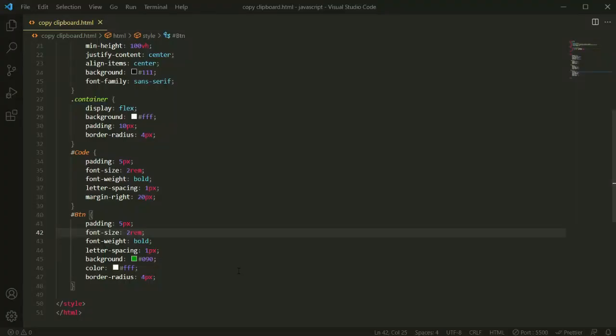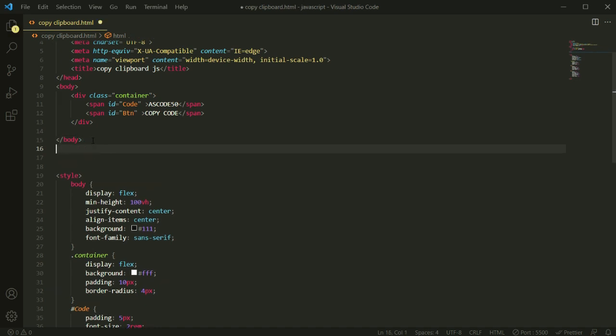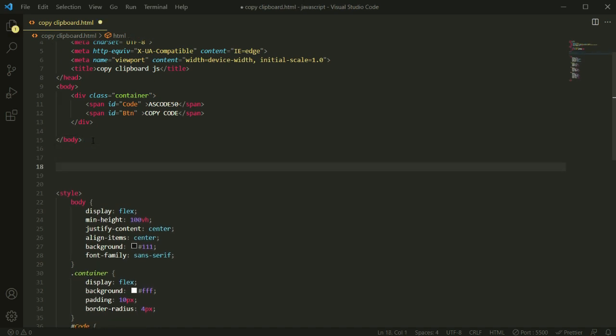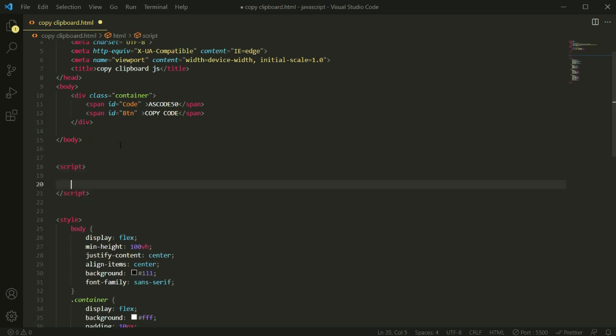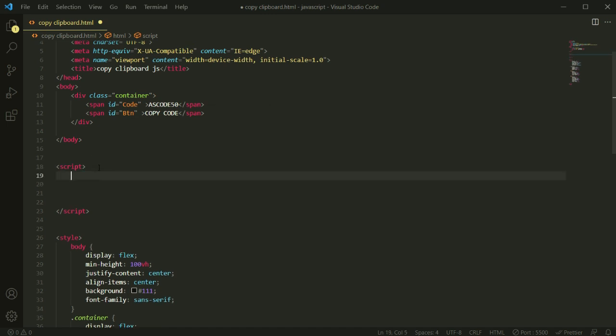So now we are going to apply the code. When we click on this button, it will copy this code, and here we will show another text, that is copy, and after some time it will replace this text again. So let me go back to my code editor here. So let me place this after this body tag, or we can also put it above. So here I'm going to open a script, that is JavaScript, in this place. So first of all we will add some variables for this code and btn, all of this. So let me copy all of this, so that I can use the same names, so it will be very easy for me.